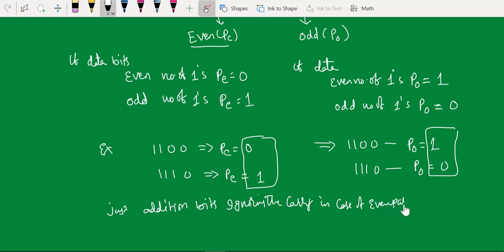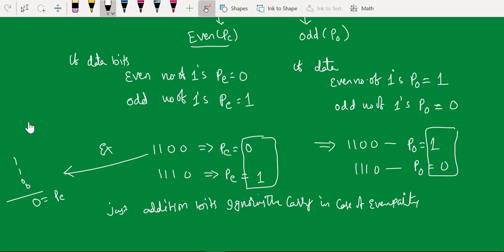Once you know the even parity, you can get the odd parity just by complementing. If you add these bits 1 plus 1 plus 0 plus 0, 1 plus 1 will be 10, that means 0 with a carry. So if you discard the carry, it will be 0. 0 plus 0 will be 0. This is equivalent to your even parity bit.